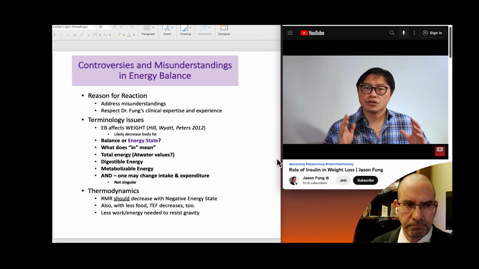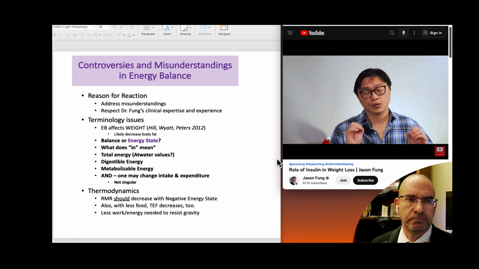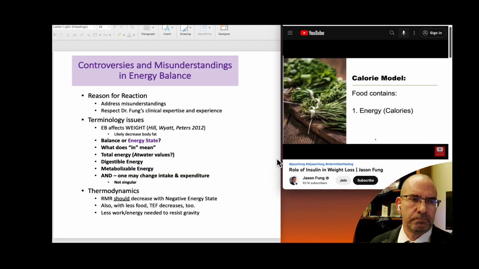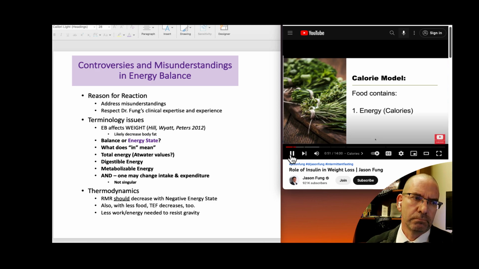In the traditional model of weight loss, we're really only concerned about calories. And this model says that food, in terms of its fattening effect, really is all down to the energy that it contains, which is what calories are. It's the amount of food energy that's contained.